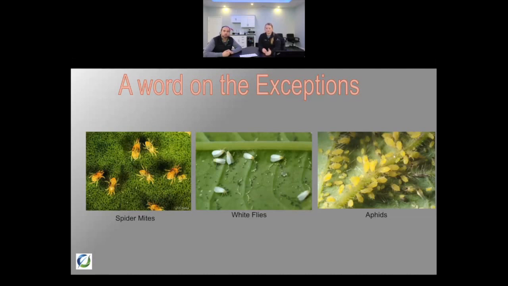Like we already hit on the spider mites, but another pest that we need to be looking at in a dry year could be white flies. And they're going to actually be in the aphid class, which is the picture there on the right. I just wanted to put a picture of aphids up there to show you what an aphid looks like on the underneath side of the leaf, and maybe a little bit of an extreme scenario there,